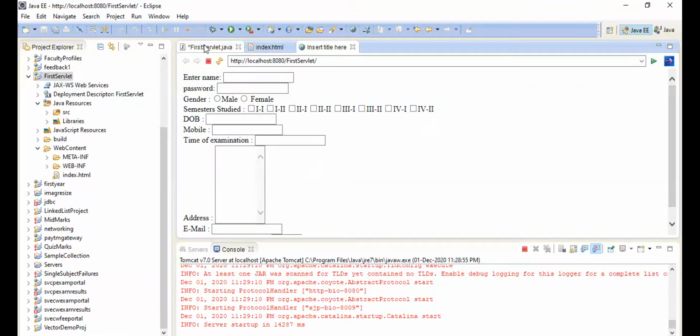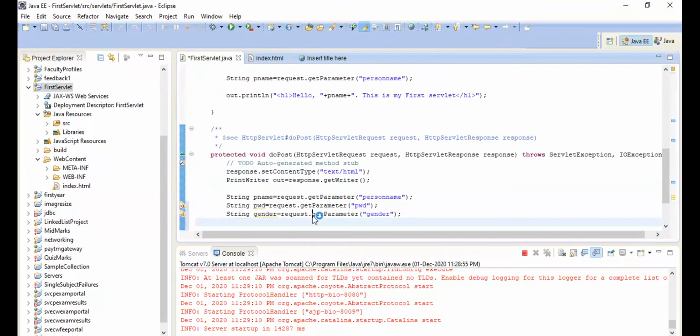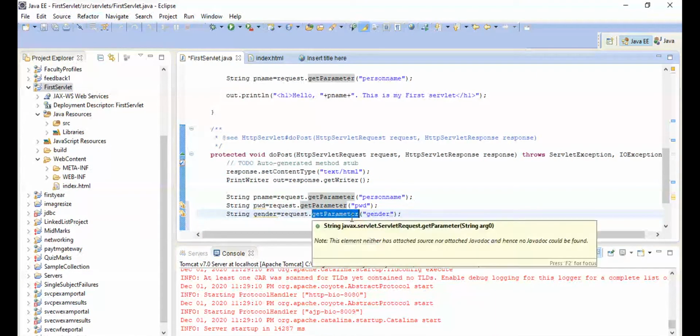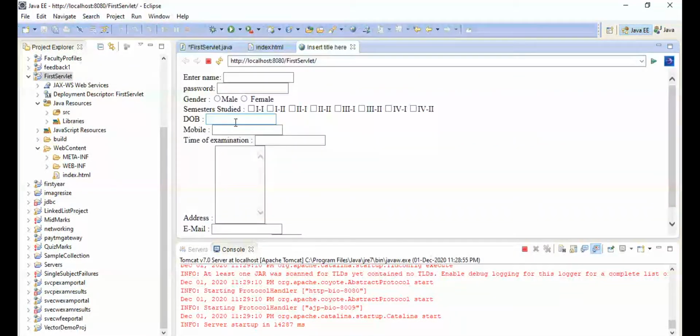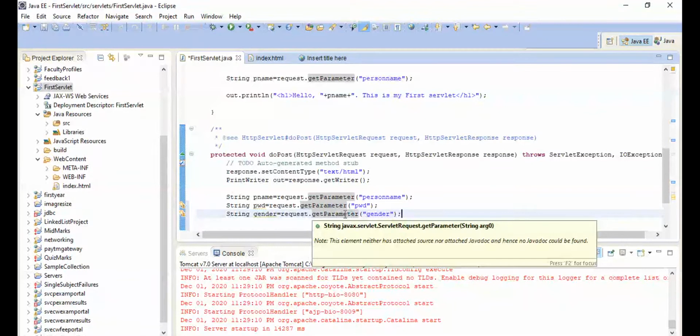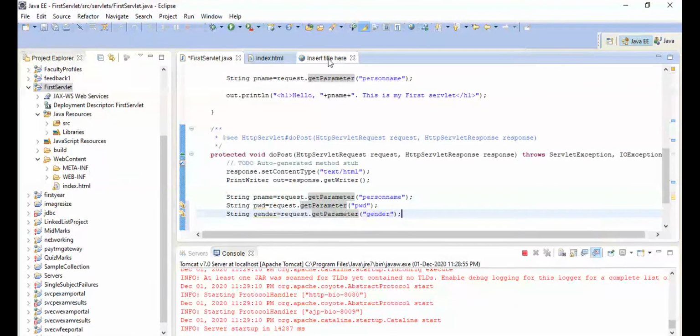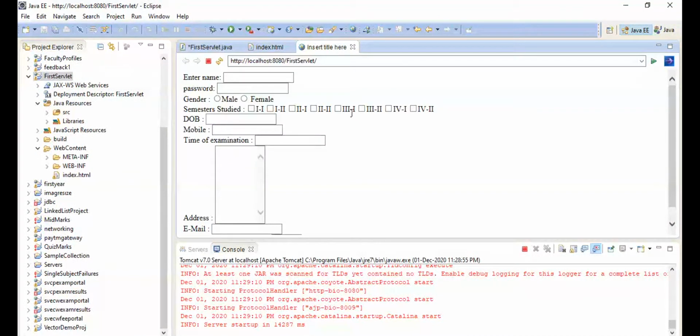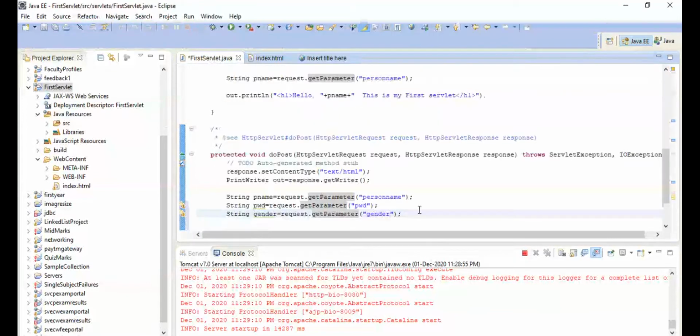But the point is here, how many values are returned by getParameter? Only one. So for this control, check boxes, getParameter is not sufficient because getParameter returns only a single value from the control, whereas the checkbox has the provision to send multiple values to the servlet. So request.getParameter is not sufficient for the check boxes.